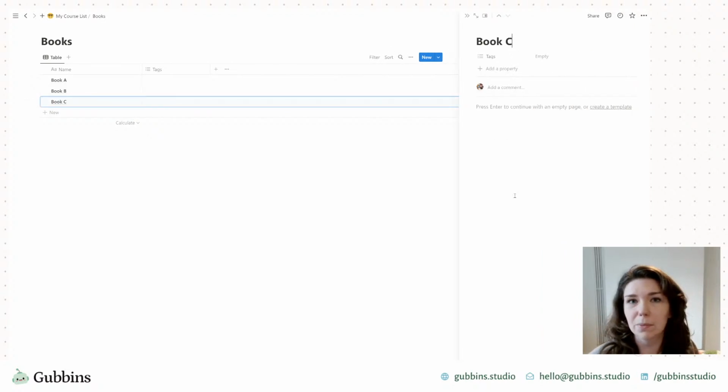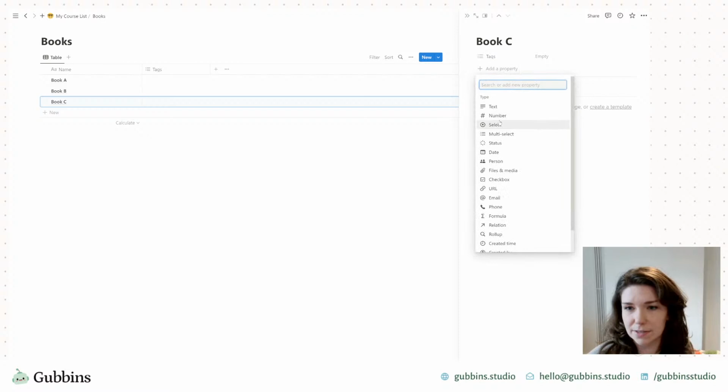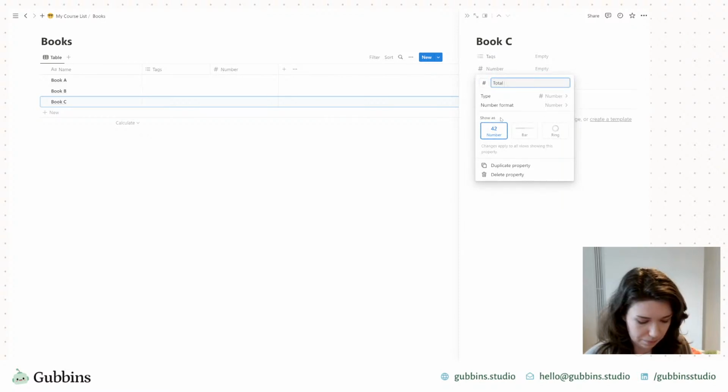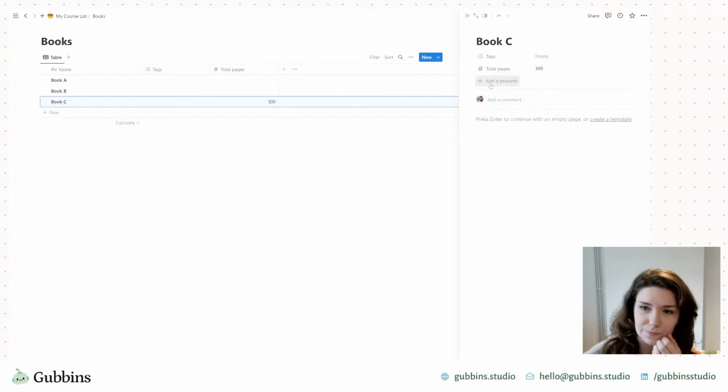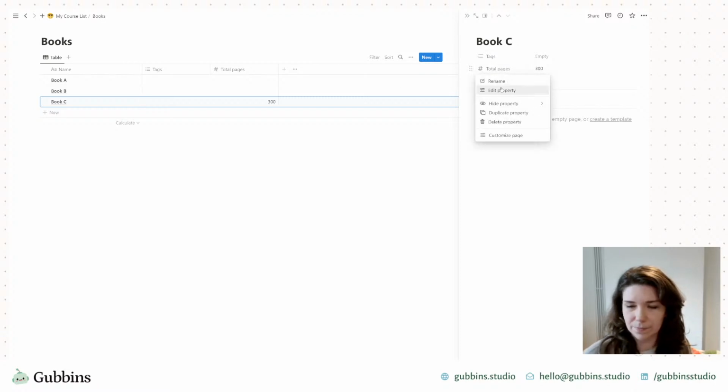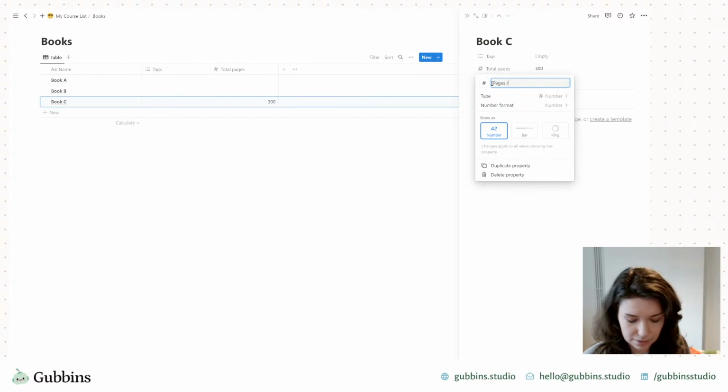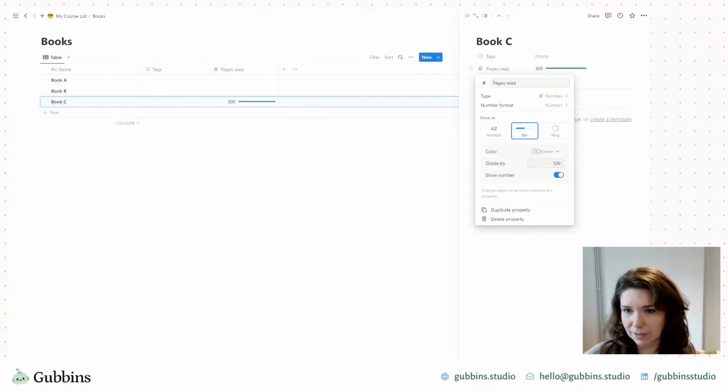With a book, you know what the endpoint is. You know how many pages it has. So let's go total pages. Let's say this book has 300. Actually, there's an easier way to do this, isn't there? Pages read. Bar. So here, when it says divide by, you would put in the number of pages in the book overall. So let's say the book is 324. No, wait, that wouldn't work. Okay, right, let's go back to the original plan.